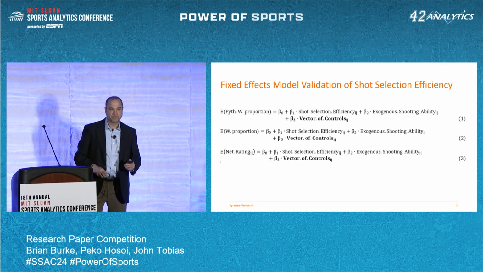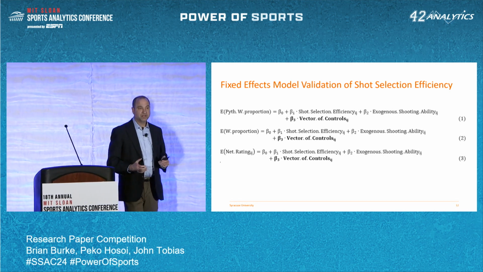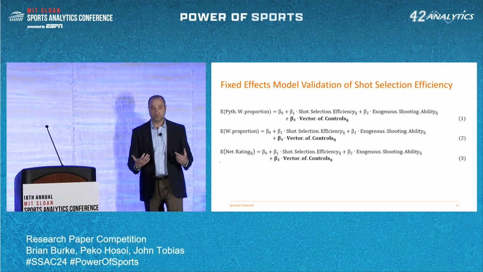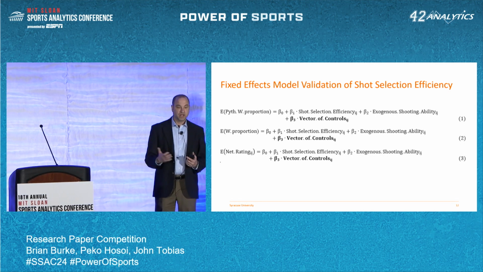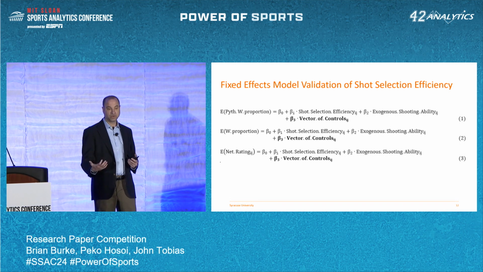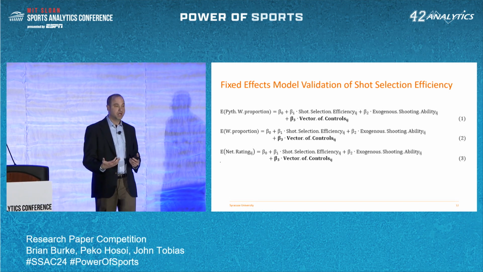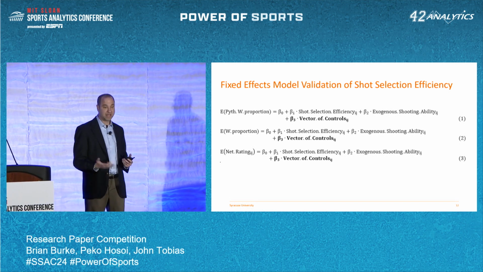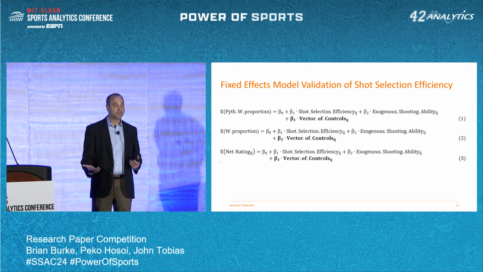Thank you, Justin. So here are our main two models for validating this new shot selection efficiency measure. And essentially, they have the same right-hand sides. We're looking at the relationship between some measure of team performance, Pythagorean expected wins in the first model, which was